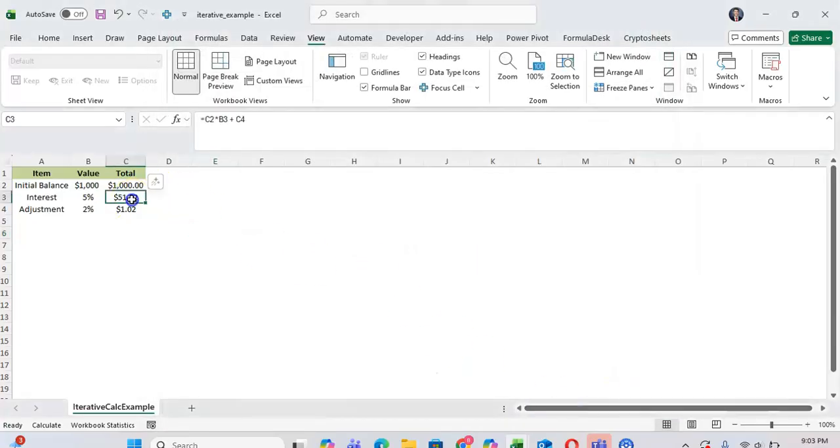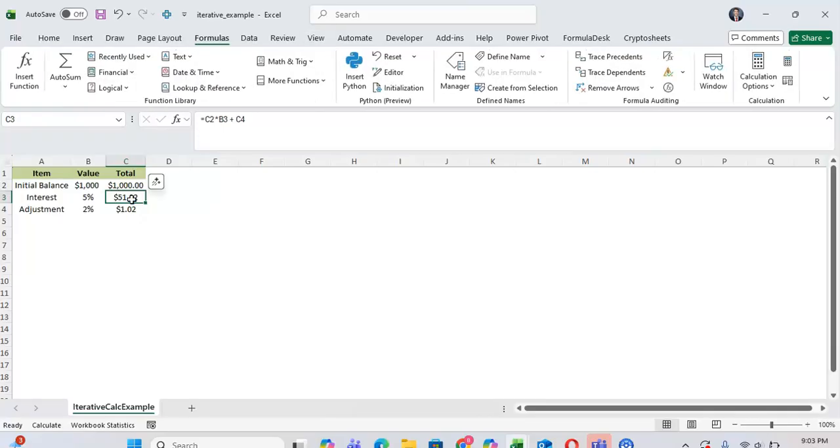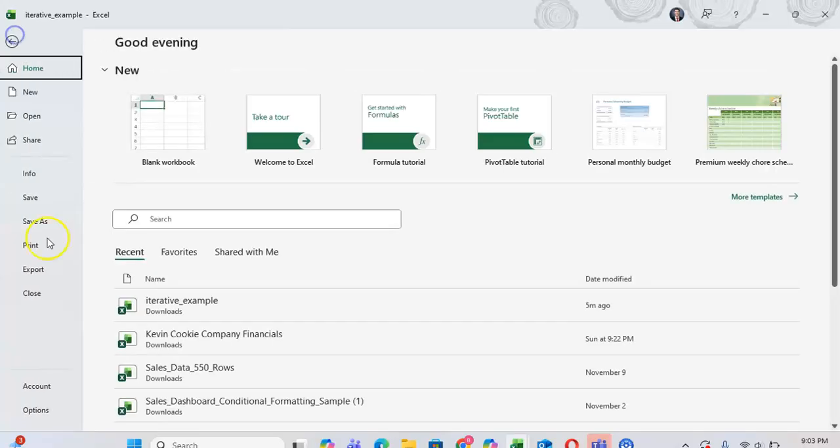And by doing this, hopefully the calculation will be more accurate by going through more iterations. But note, this will require more processing power and will make it take longer for your calculation to ultimately spit out a number. You can also do the opposite thing and reduce the number of iterations by going to File,